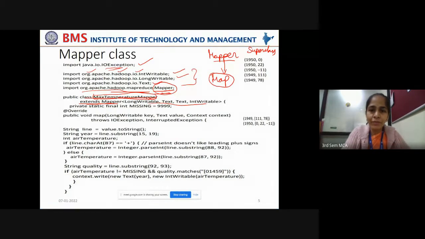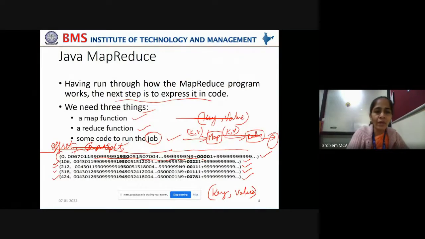If you are taking LongWritable and Text, LongWritable is the key and Text is the value that it is taking as input. Now, what does this LongWritable represent in this present scenario? In the input split that we have taken, LongWritable will represent this file offset.